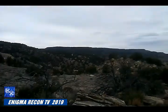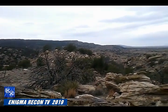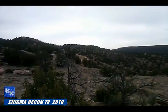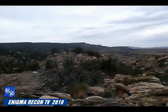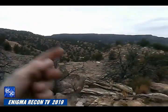So from this position you can see, down below I showed you that monument that showed what could have been two outcrops with a saddle. And what we've got here is one outcrop, the saddle, and then the other outcrop. You'll notice that the steepness and ruggedness of this outcrop in regard to this side matches. Even the angle there versus the angle on that side is the same as what we saw on the